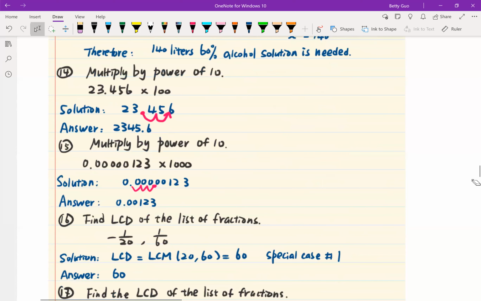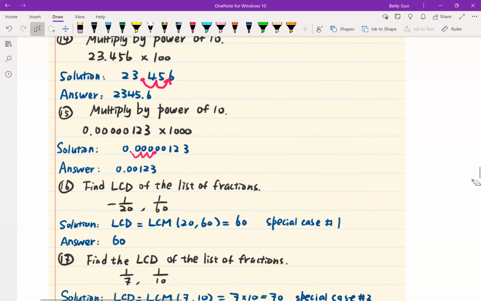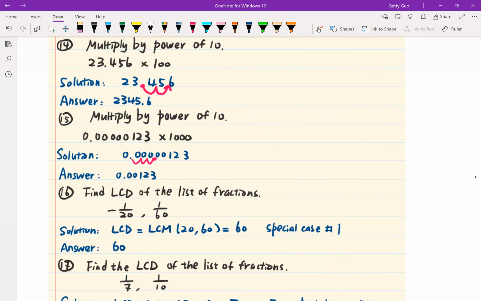Number 14, multiply by power of 10. You multiply a decimal by 100, which is equivalent to moving the decimal point to the right twice. So the answer is 2345.6. Number 15, multiply a decimal by 1,000 is equivalent to moving the decimal point to the right 3 times. 1, 2, 3, 3 times. So the answer is